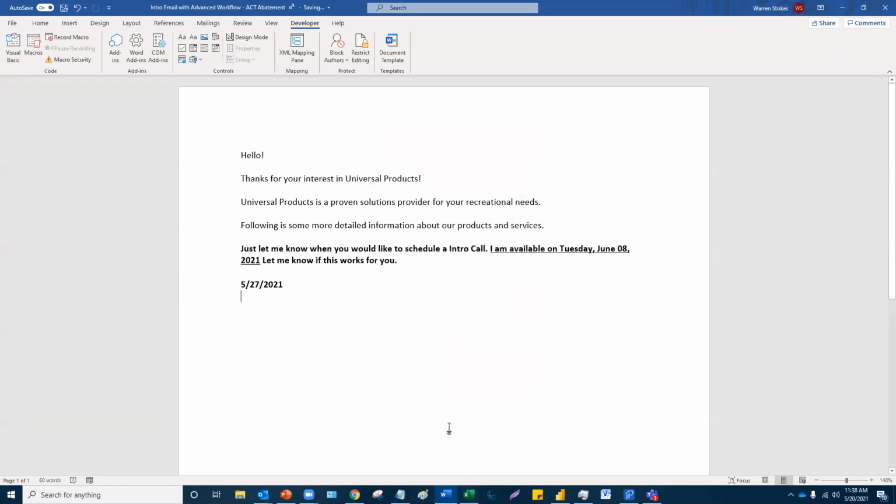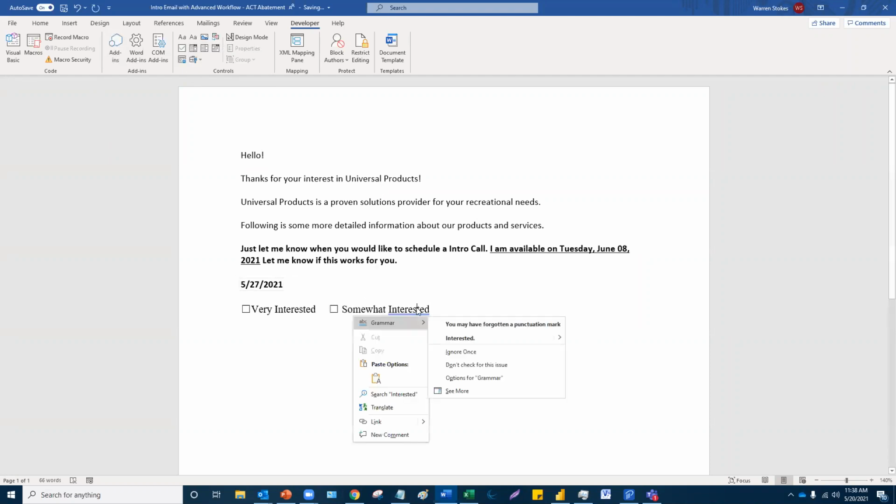Now you can actually create a lot of cool things. I might as well cover them while we're in here. Maybe you want to have some checkboxes like for a survey or something. How interested are you? And maybe I'm just going to put very interested, somewhat interested, or some kind of survey thing where you want some checkboxes. I'll just create a little bit of content here, etc. And you can have as many of these as you want. And then what you can do is insert a checkbox in front of those so that people can check the box. Simple, but very useful. And now